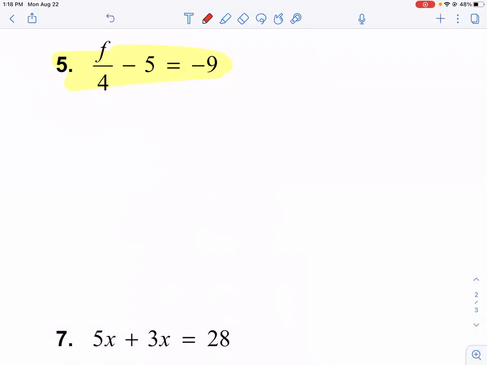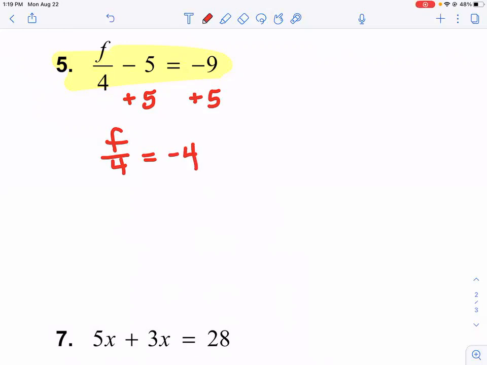And how do we move the 5? How do we move it over? What operation? Oh, thank you for your help. We're going to add 5 to both sides, okay? Because we want to keep our variables together. So F, we're going to keep F there. 5 doesn't have an F, so let's move it over. So now we have F over 4 equals